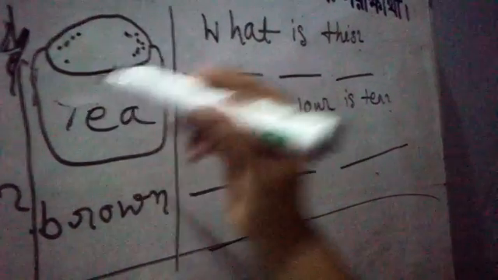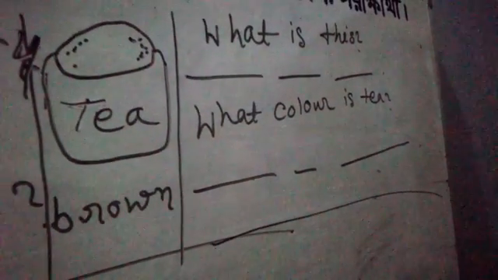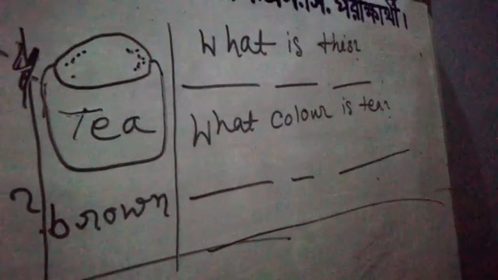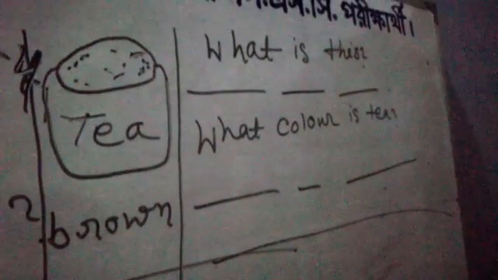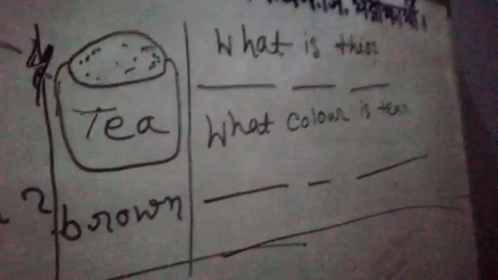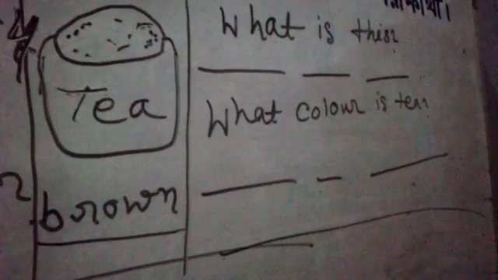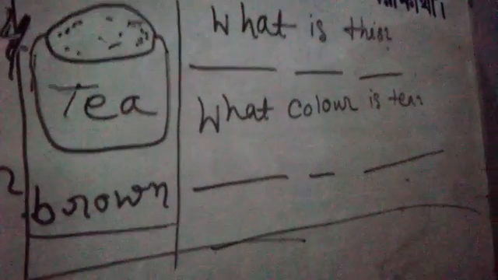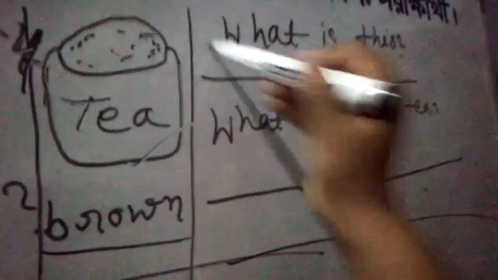Though it's not drinking tea, it's actually tea leaves, I think, as it's in a sack. So the sack is full of tea leaves, and the color is written here as brown, BROWN. So what is this? You can see it's tea. So I have to write